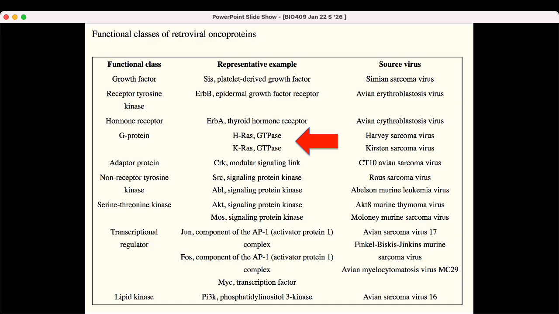And in every case in the 1970s, the scientists discovered it was because the virus had a mutation, a mistake, and it had accidentally picked up one of the host genes, a defective version of it. So when that went in, it was the defective host gene that caused cancer. We'll talk about this because it's hard for students to straighten out in their heads, but the author of our book was in Wisconsin when he found the RAS gene in mice.